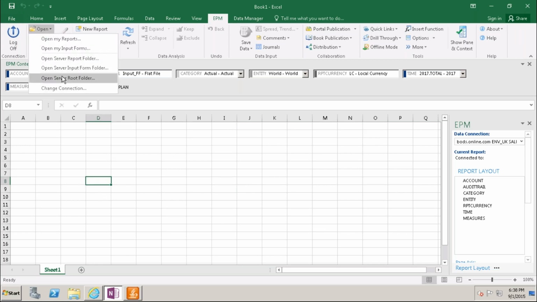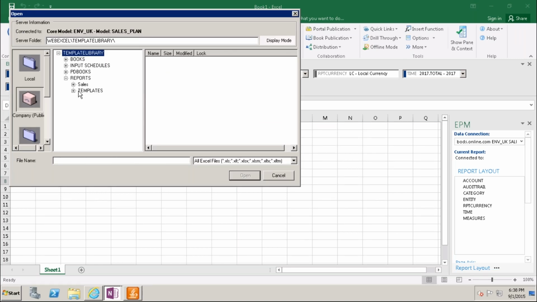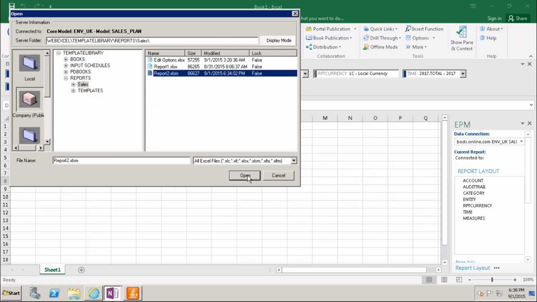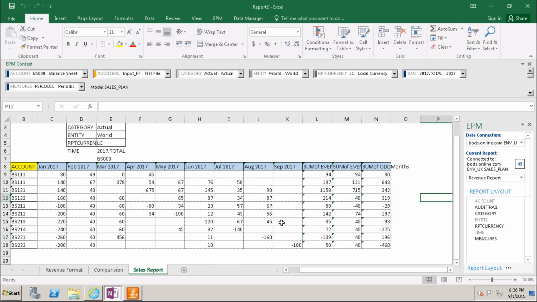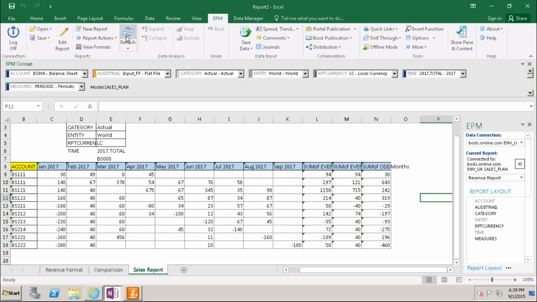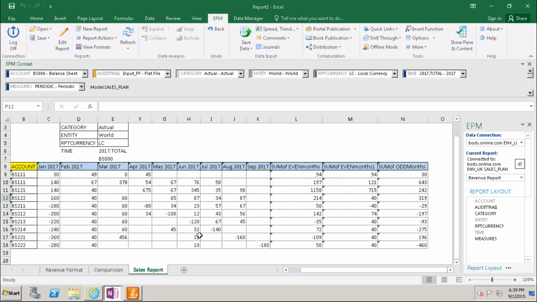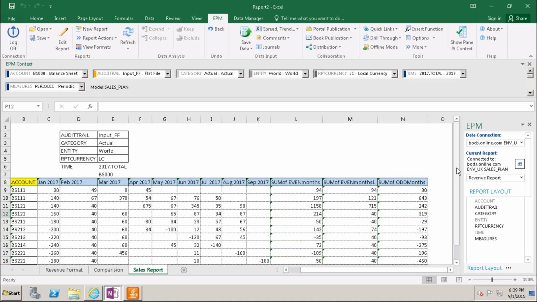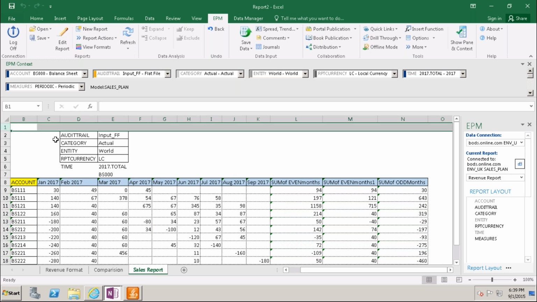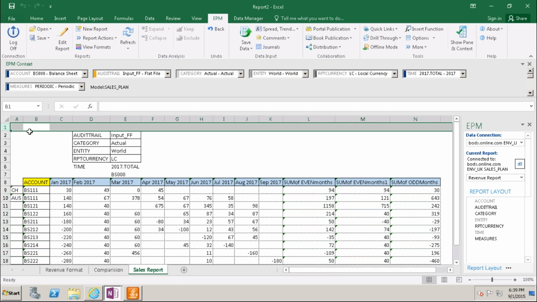I'm opening my report here. In the report, I'm going to refresh the data. Yes. So here, one by one option. So first thing, I'm going to access this one.